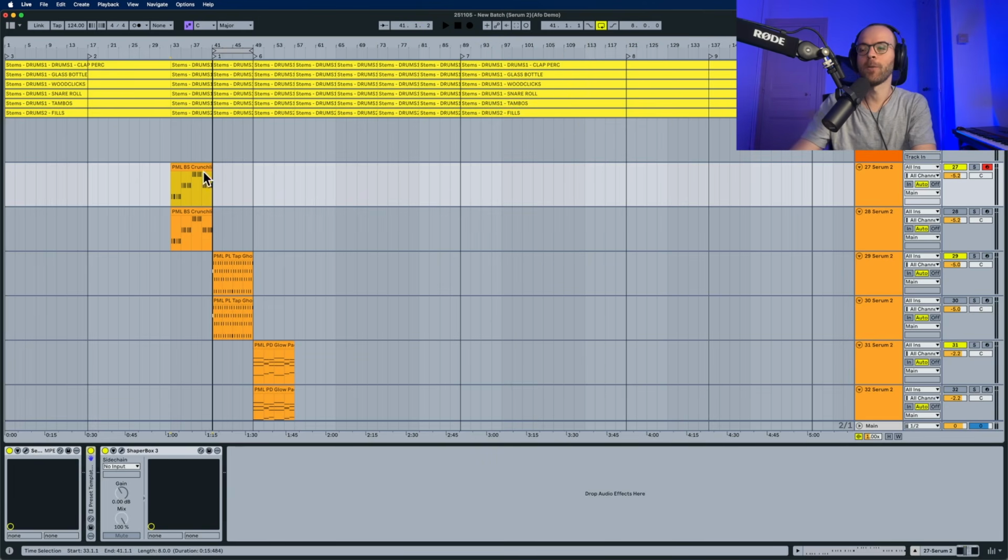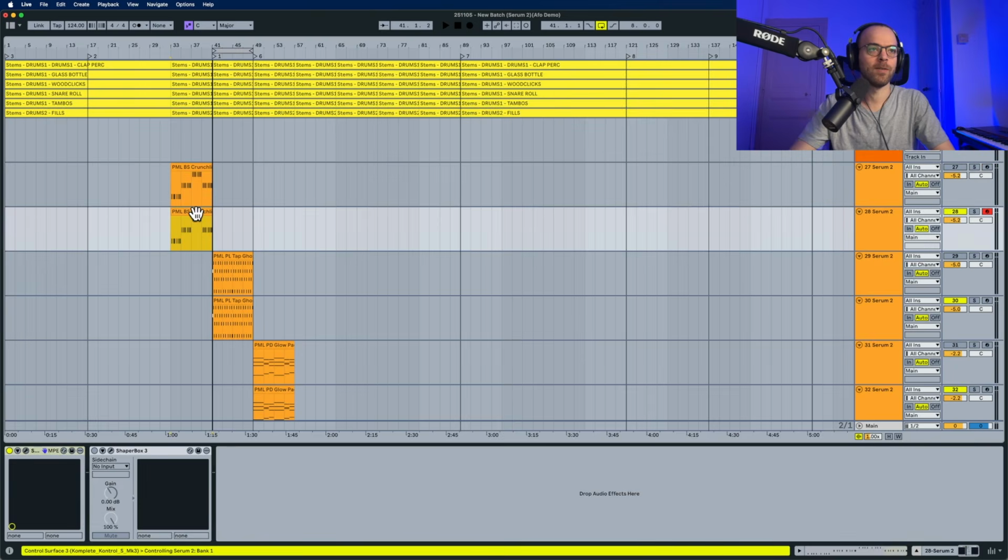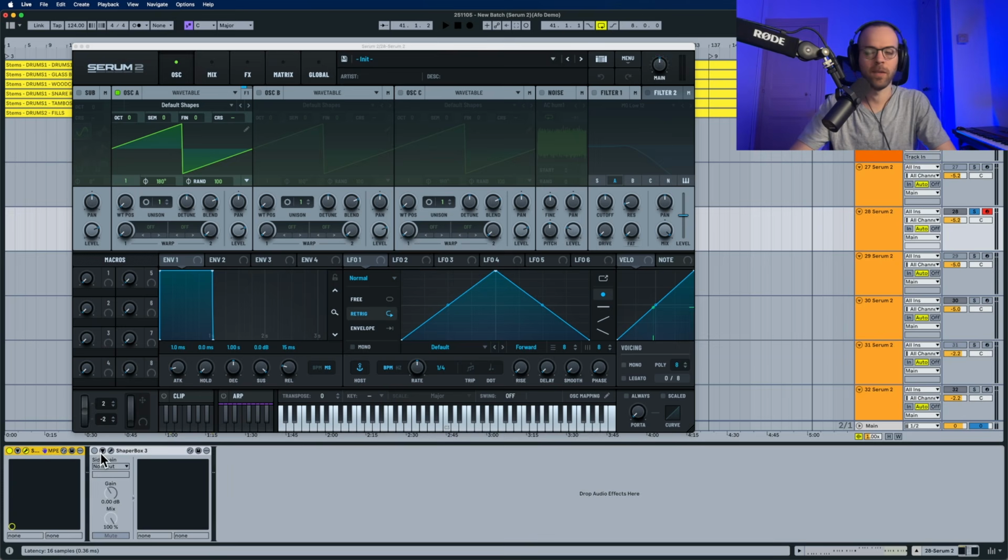But now let's get started with this tutorial, and let's get started with the sound design. We're going to initialize Serum over here, and we're going to deactivate the shape blocks. So it sounds really boring. So now we need to first choose here a DS saw wave, which is as it is,